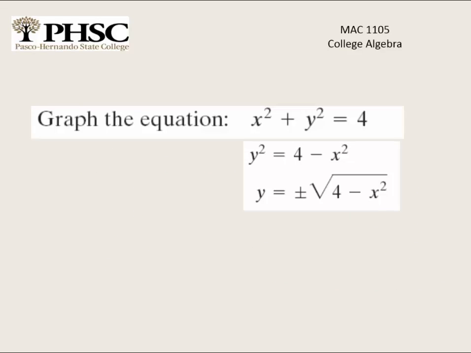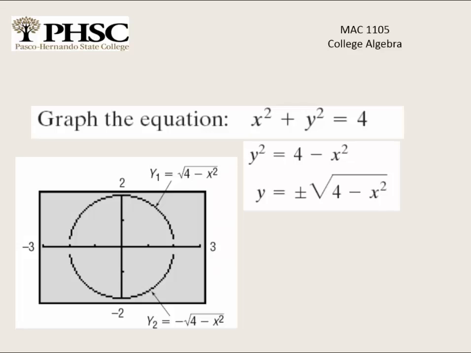So the next thing is we're going to graph the equation. The equation is x squared plus y squared equals 4. And so we're going to solve for y. So y squared equals 4 minus x squared, and therefore y is equal to plus or minus the square root of 4 minus x squared. And that's what it looks like if we were to use a calculator to graph this. It's just easier to not use a calculator because we have enough information, essentially of any circle, to be able to